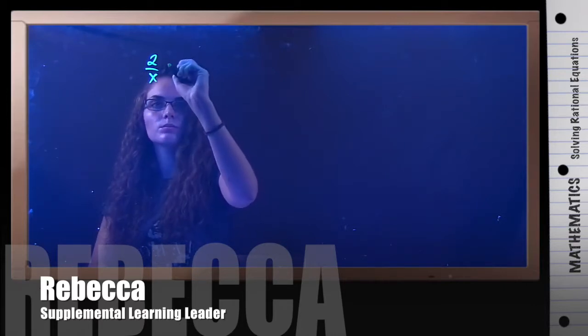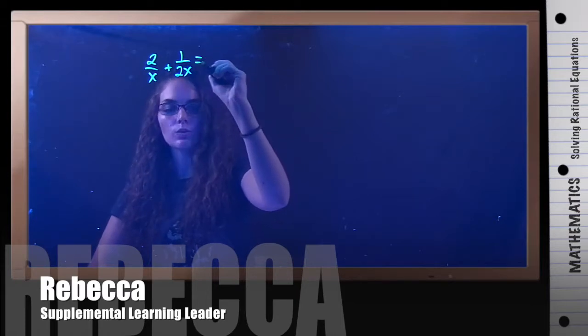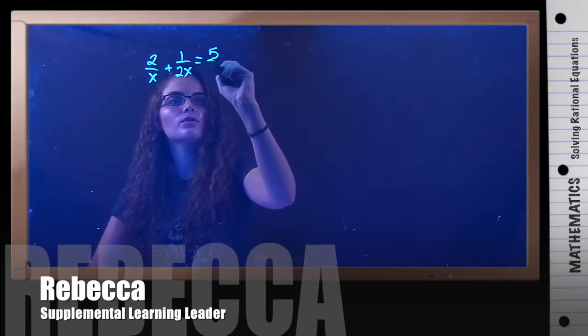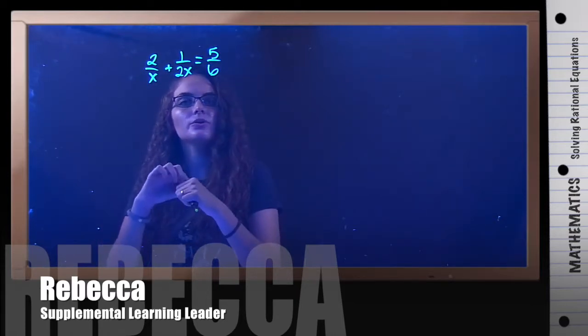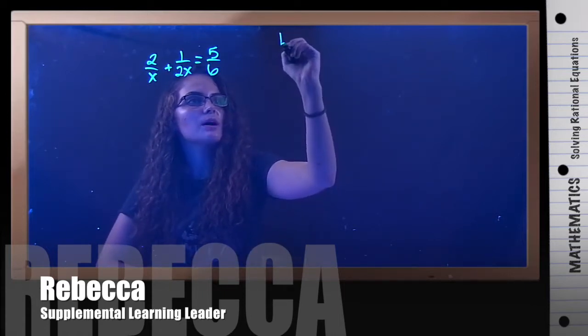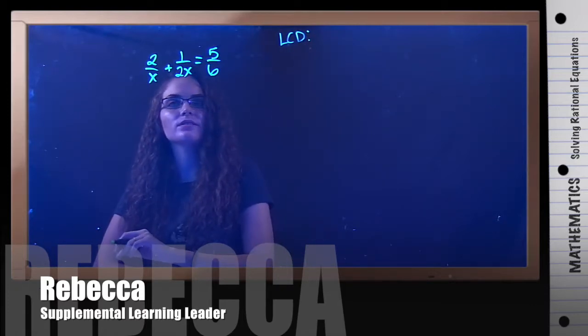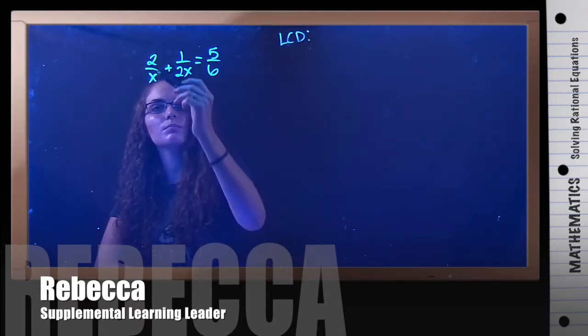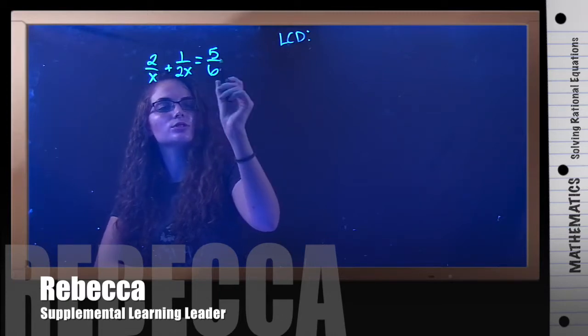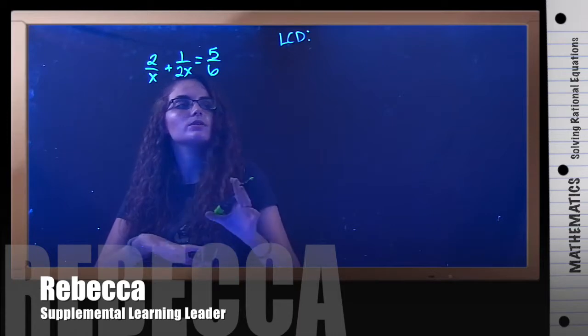For this example, we're going to solve 2 over x plus 1 over 2x equals 5 over 6. In order to solve this, the easiest way is by finding the least common denominator. And then once we find the least common denominator, we can multiply it by every single term so that the denominators will all cancel and we'll just have a regular